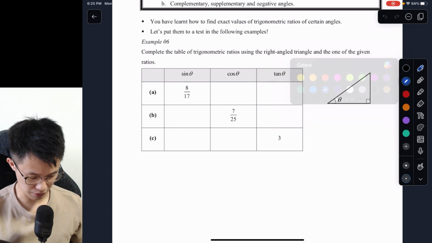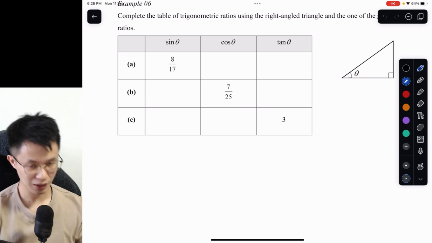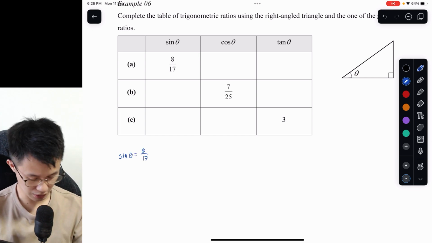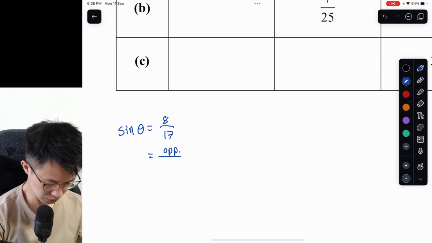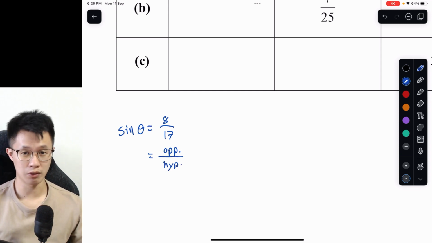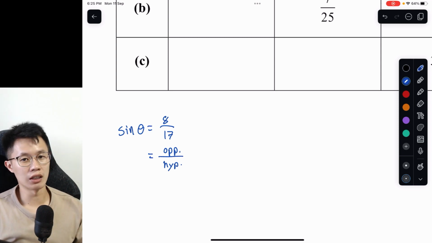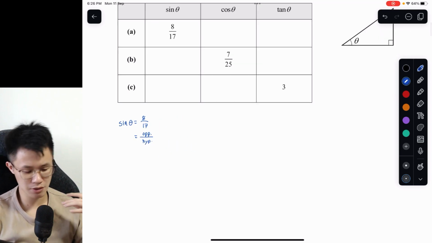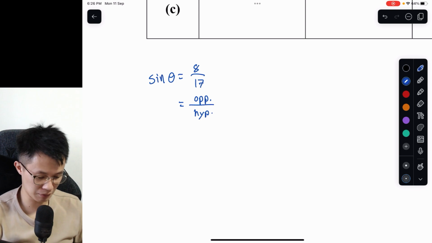With this trigonometry ratio of sine theta, what we can do is put things in ratio. Because we know that sine theta equals 8 over 17, the ratio of the sides, opposite over hypotenuse, is 8 over 17. I'm not saying that we assume the length is 17 units, 17 cm or whatever measurement, but we're going to assume here that the hypotenuse is in ratio as 17 parts